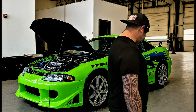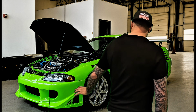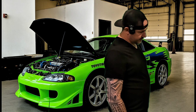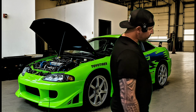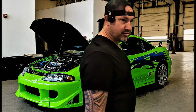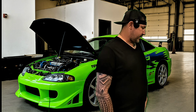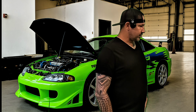So from there, we got the car sanded and painted. Excuse me, reassembly started. And once we started reassembling it, we started to find a lot of things that the original builder did wrong in the car. And nobody's fault. The car was well done. If somebody didn't know what they were doing, it was well done, but it was just not to my level of